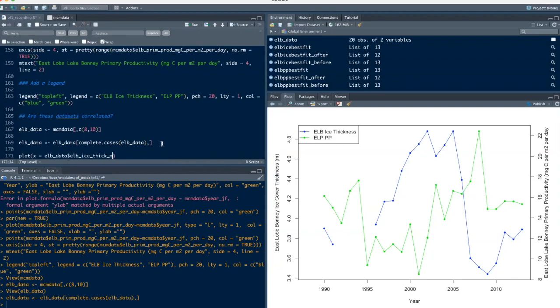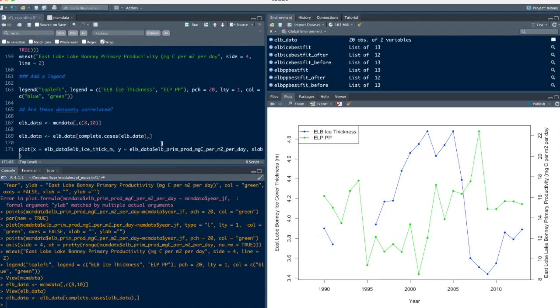So we said this is sort of our driving variable. This is the thing that we think might be controlling primary productivity. Then our y values are going to be our Isla-Bani data, and we're going to look at the primary productivity. And let's see, we better put some labels on here. So our x label is not years again, but now it'll be ice thickness in meters. And then our y label, of course, is Isla-Bani primary productivity in milligrams carbon per square meter per